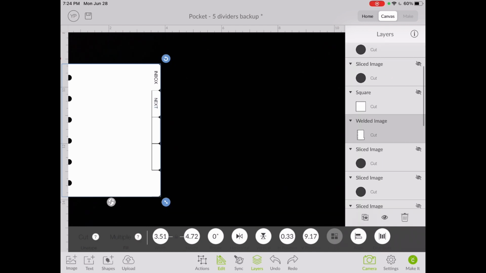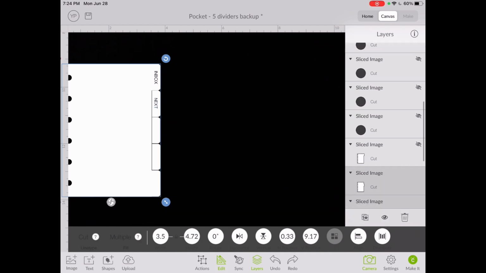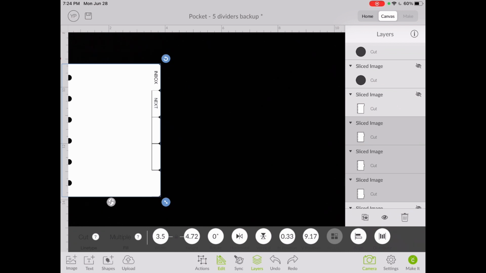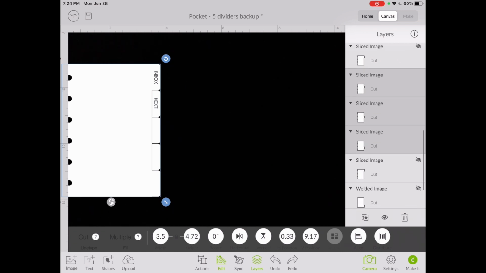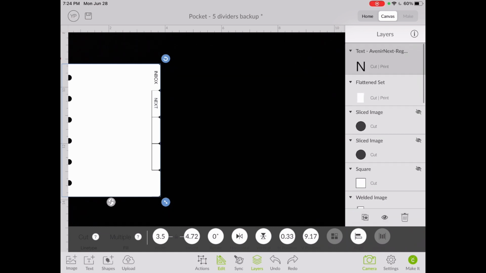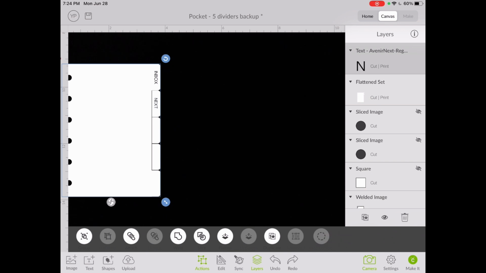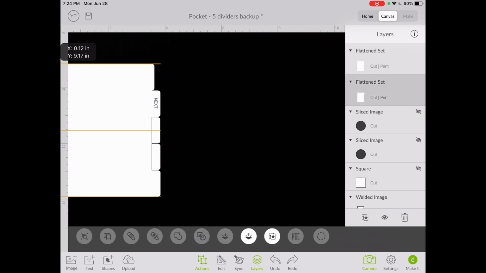Again, I'll show you again, highlight. You can highlight everything if you want, and then just go to the layers pane, which is in the middle section, your fourth button, and make sure only the tab that you want the text printed onto is highlighted, okay? After I know it's highlighted, then you can go to actions and hit flatten. Again, that's middle row, first button, and then the flatten is the two squares with the arrow pointing down, and flatten, okay? And you're just going to do that on each of your tabs, and then when you're ready, you're going to go to make,